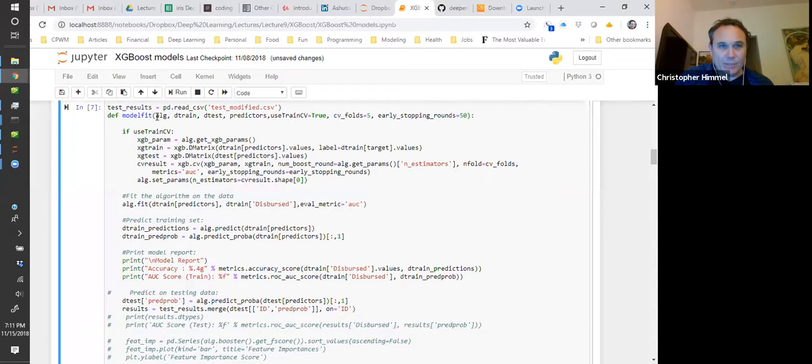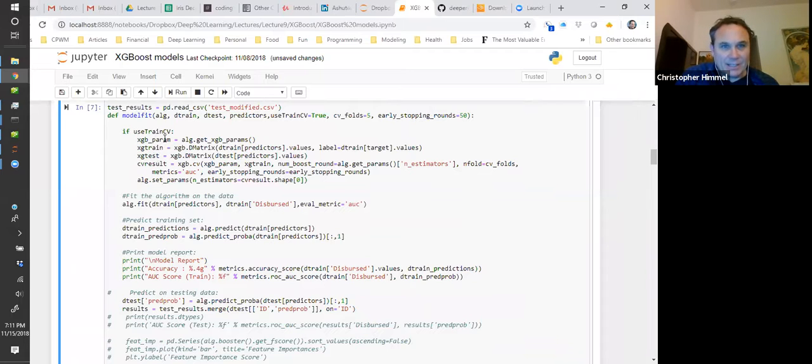The algorithm is what's passed in, which will be the XGBoost, the training data, the test data, what are the predictors, whether by default cross-validation on the training, what are the folds for the cross-validation, and then early stopping rounds. That's one of the parameters in this. I forget where that comes in, but